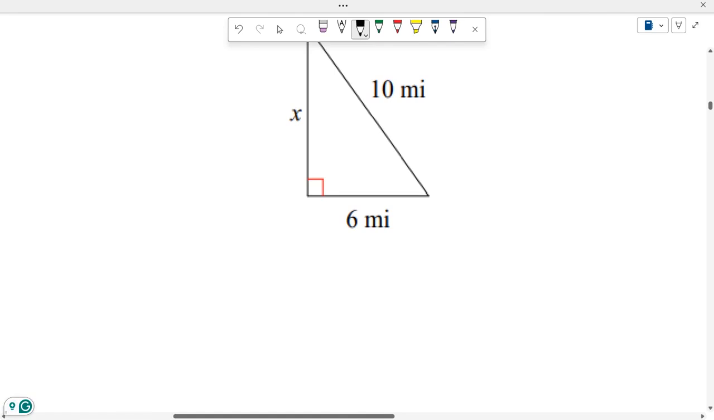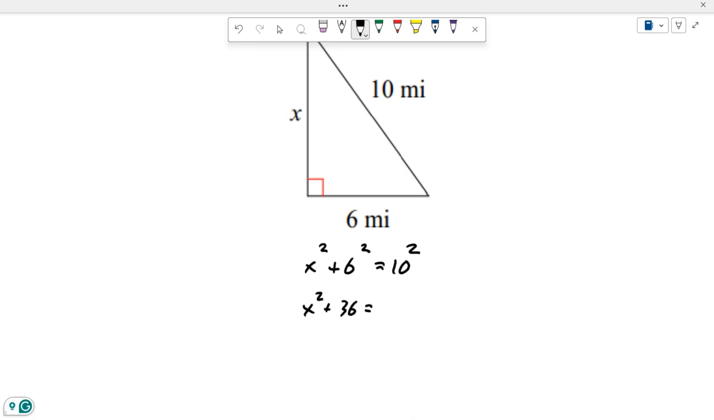Last one in problem 2. The Pythagorean theorem, as always, is that the sum of the squares of the legs of a right triangle is equal to the square of the hypotenuse. So x squared, 6 squared is 36, 10 squared is 100. Subtract 36, subtract 36. And so x,